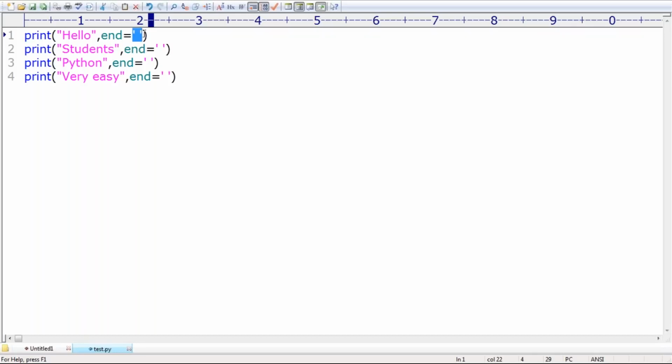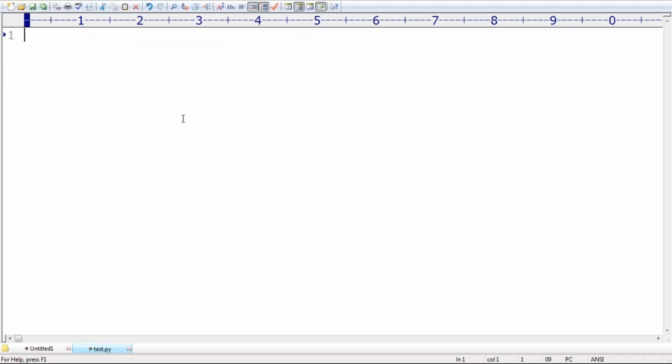Sir, make sure you people are aware clearly of the purpose of end. Don't get confused. Let me repeat once again. Whenever inside print you are taking multiple arguments, 10, 20, 30, 40, I want to print. With what separator do you want to print?